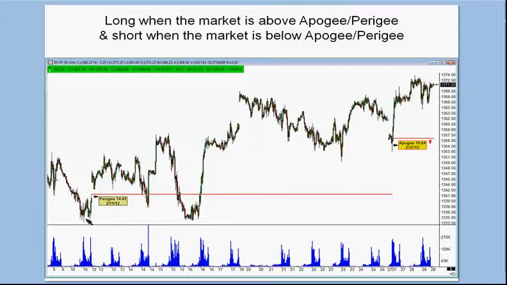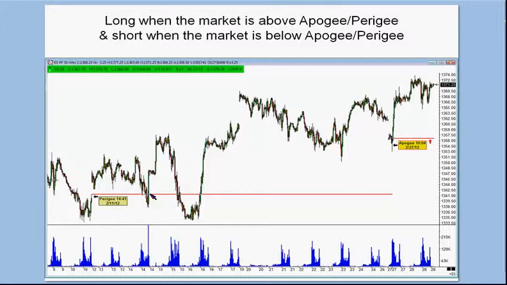So in this case here, you can see really all that the ES Mini did was it completed a 100% move of a move by coming down into these swing points. So what you might do is take a look at this and do a reward to risk analysis and say, you know what, in this case here with Perigee being right here, knowing that you would be coming into a 100% move, this may not have been worth the 5 or 6 points based on what the average true range was, and you might have waited for the ES Mini to get above the line. But we'd have to go back and take a look further back to the left on this chart.